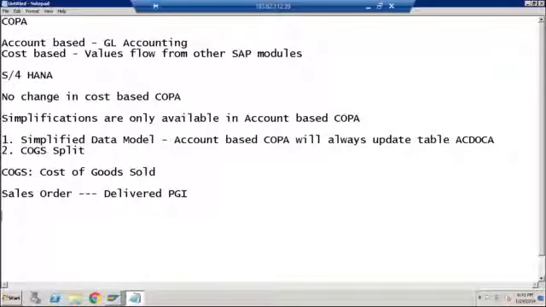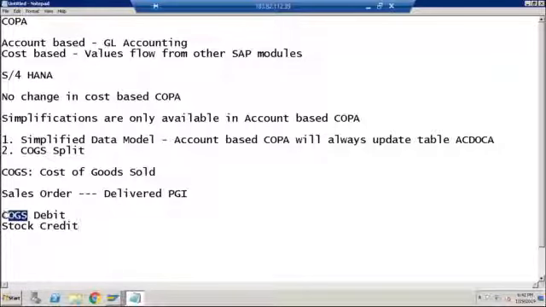The accounting entry is COGS debit and your inventory stock, whether it is finished good or trading good, gets credited. Okay, so this is a common accounting entry when you do the PGI. So COGS is getting debited and stock is getting credited.